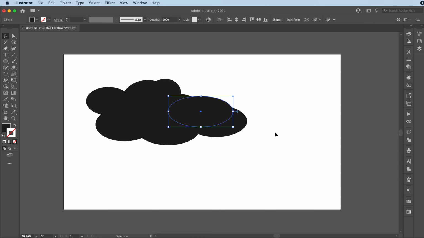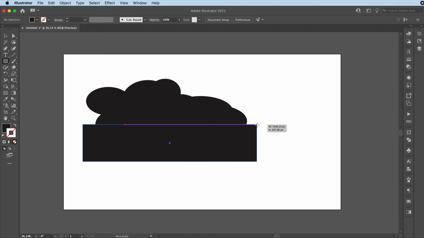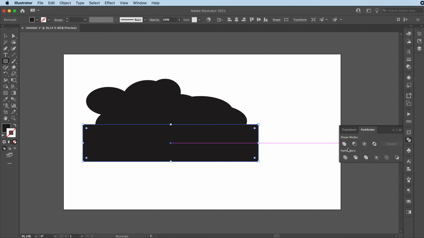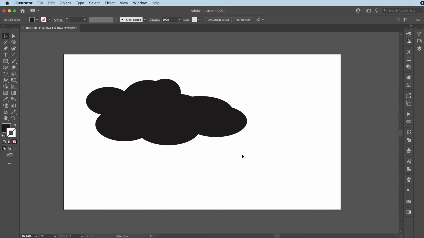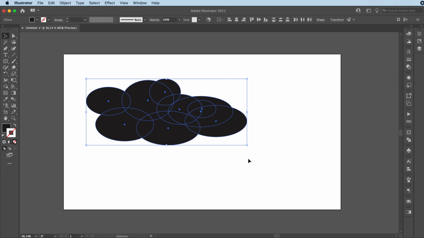Okay, here's my cloud. Now I want the bottom to be flat. What I would usually do was grab the rectangle tool, make the rectangle, and then either with the shape builder tool or with some pathfinder options, remove the bottom section of the clouds. But I found out there's this really easy way, and that is you select all your